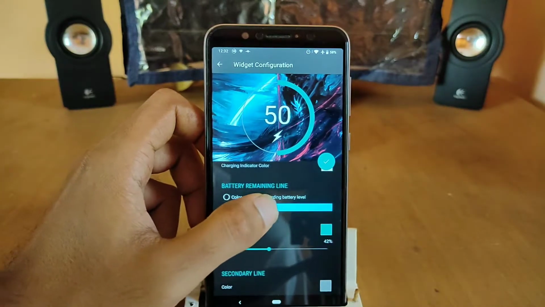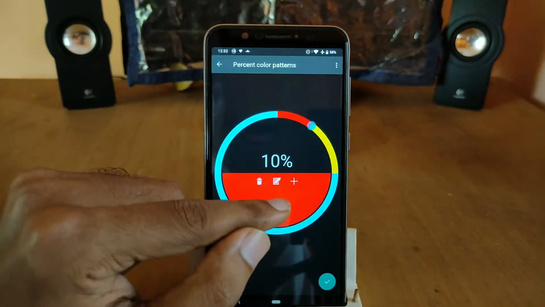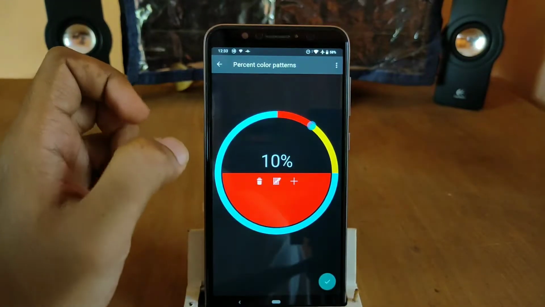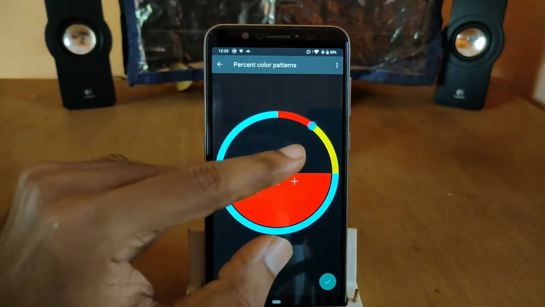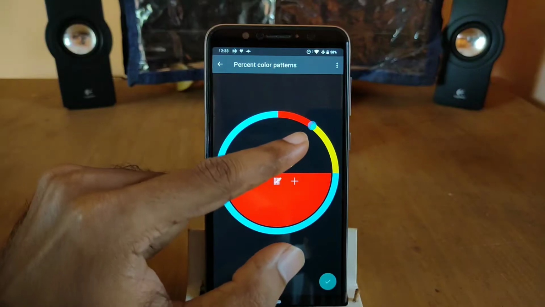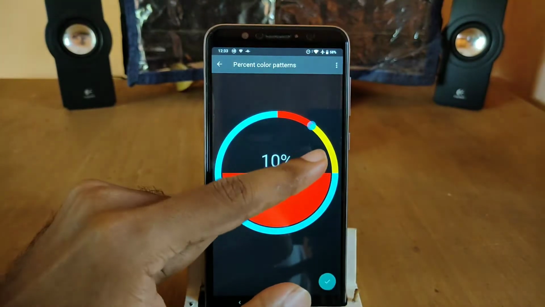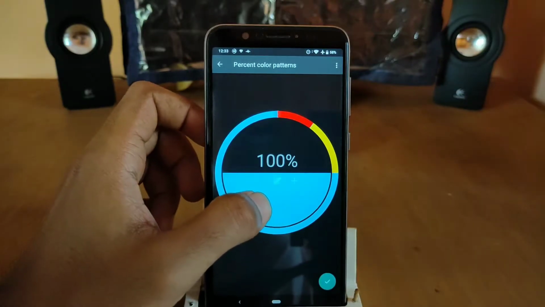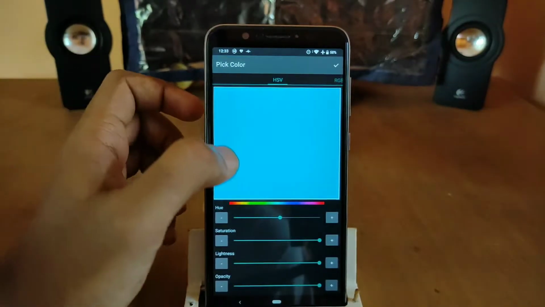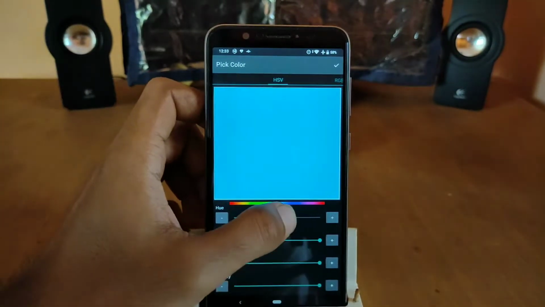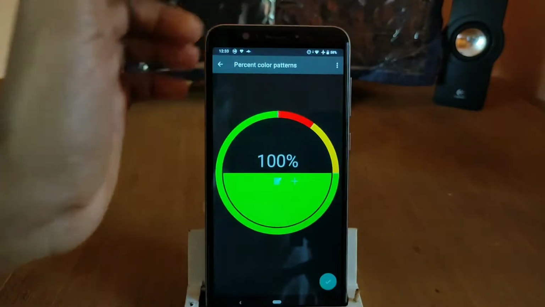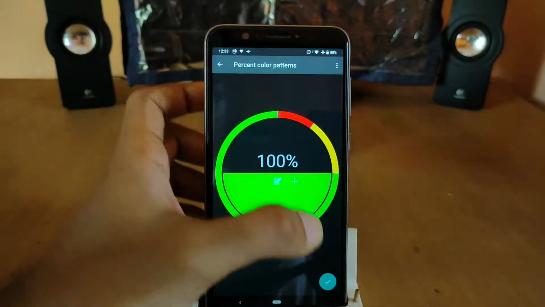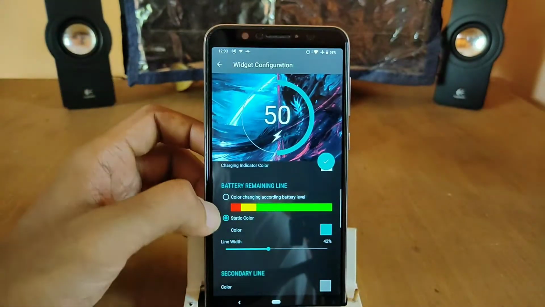Down here, the battery remaining line, you can set this as per your liking. For example, I have set the battery below 10% to red, then about 25% to yellow, and above that to blue. If you click on it, you can also change the accent color here, whichever color you want. Say for example, I put this, so there you go. So that is the customization level that you can do.